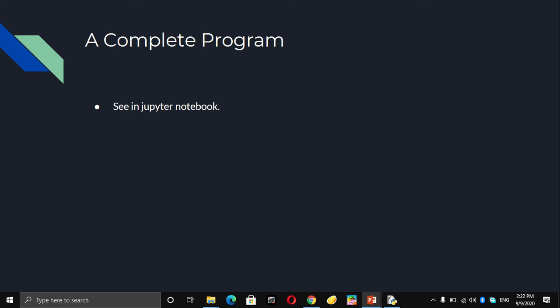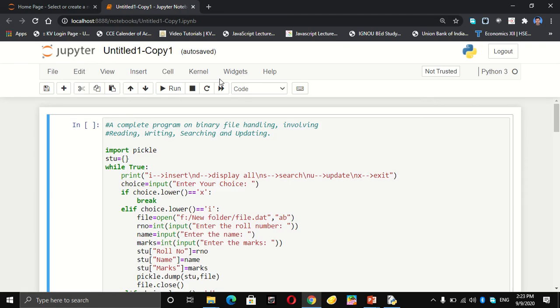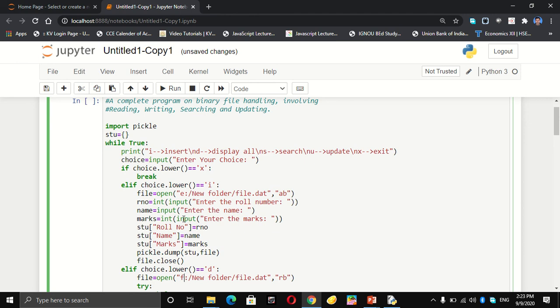Now it is time to run the code in the Jupyter notebook. A small change I have to make, because now I will explain the entire program from the beginning.